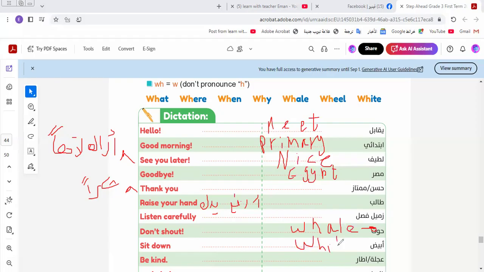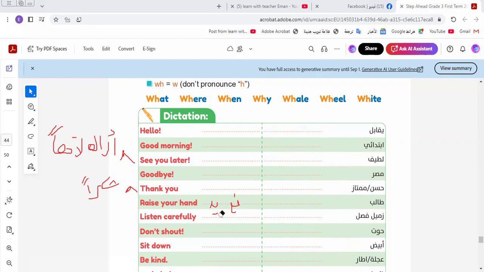I think now we know how to write this in English. So here we write it in Arabic and want to write it in English, to know how to write it. Here we examine your spelling. Have you kept it or not? So now we know how to write this in English and in Arabic.